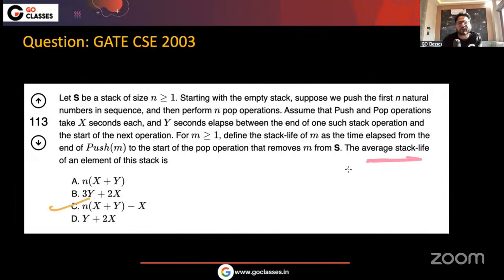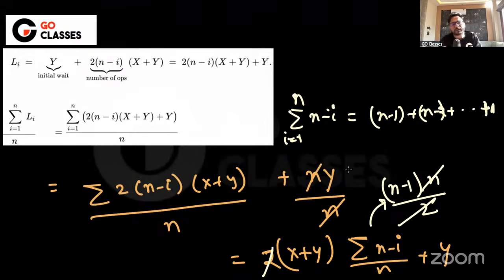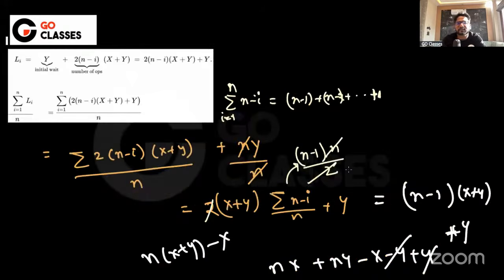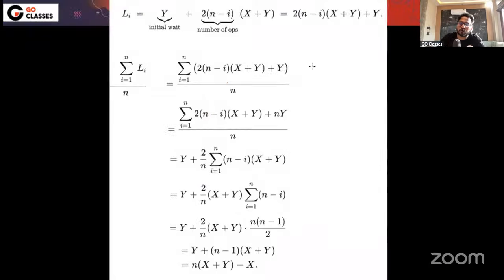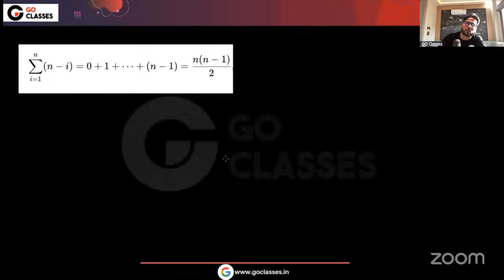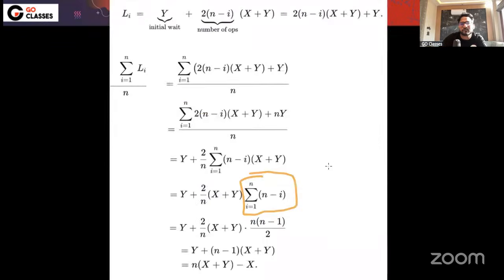So basically, finding average might look a bit scary, but it is not scary. It is just saying that you just need to find out this average. If you look at it carefully, you can easily do it. You just have to find out the summation. This average is just finding out the summation, and this summation is also not difficult. If you just unroll it, it is just 0 to n minus 1 summation. Okay, that's all. Have you understood this question?